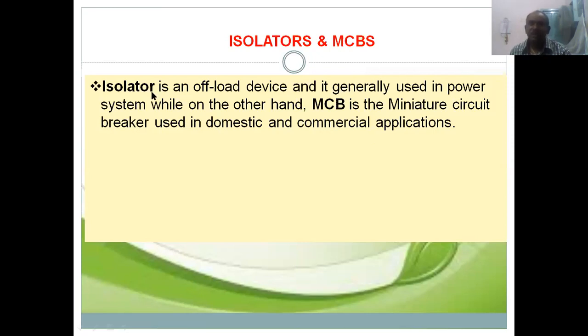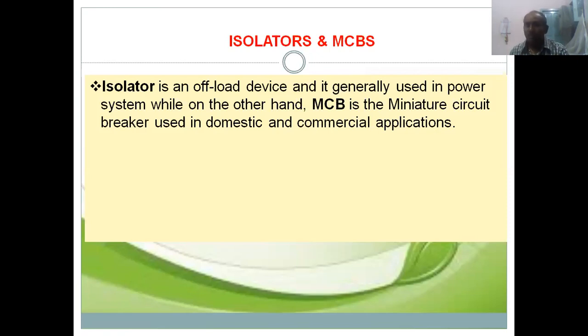In the case of a substation, we can use two-break switches and single-break isolators. What is the difference between the isolator and the AB switch? An AB switch can be operated at low voltage and full load conditions in the case of distribution transformers, whereas the isolator can operate only under no-load condition, but it can operate at any high voltage. It can be operated after interrupting the circuit by using the circuit breaker.